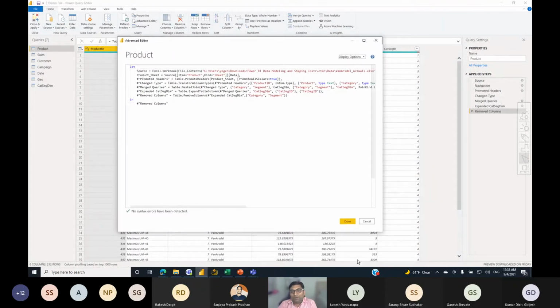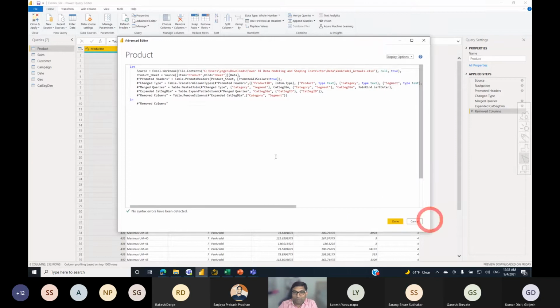Because I'm coming from a code background, I used to develop .NET applications, and it helps me to work faster sometimes.